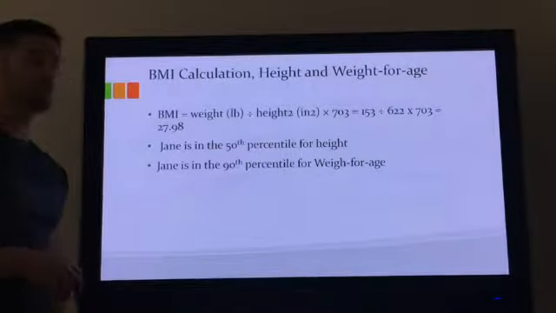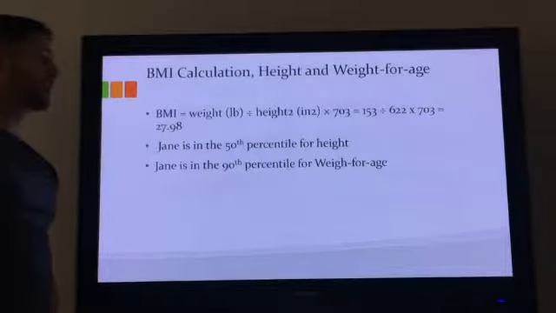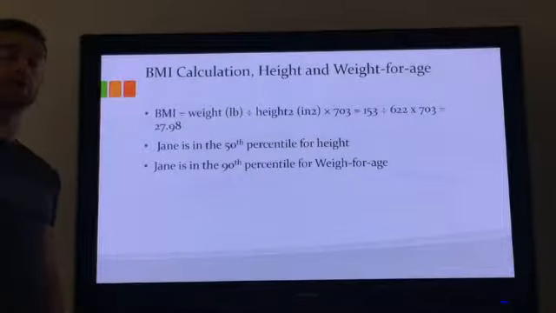She's in the 50th percentile for height, which is great. She's average for her height. But she is in the 90th percentile for her weight for age. That means